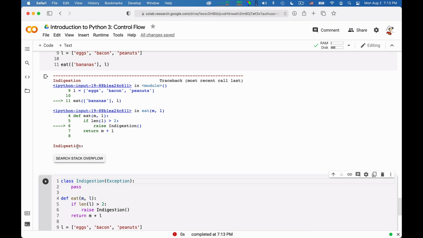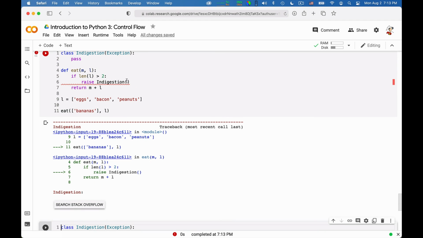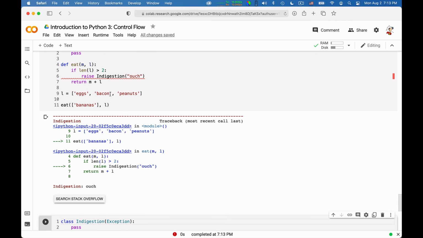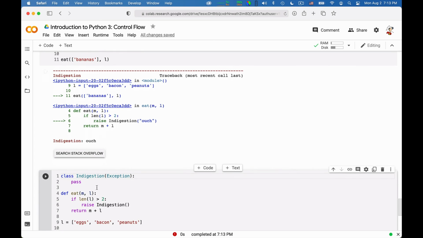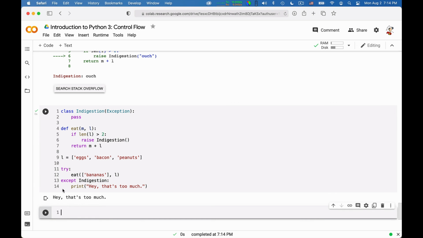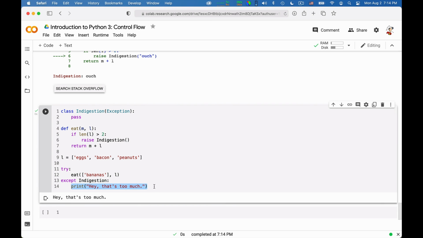I could have given here a message like ouch, and this, indigestion ouch, would be the error. And if I catch it via the try except construct, I can try this eat invocation that raises the exception, except that if I have an indigestion, I can print, hey, that's too much. In which case I catch the exception, you see there is no resulting error, and the except clause is executed.